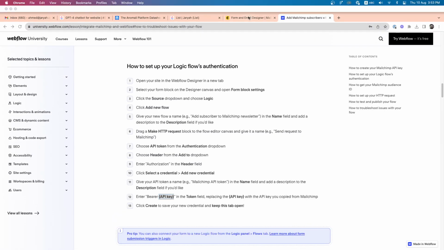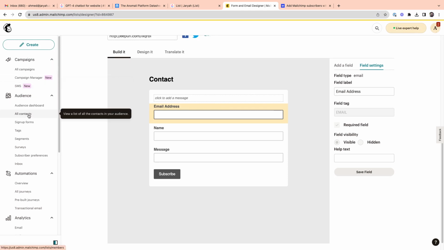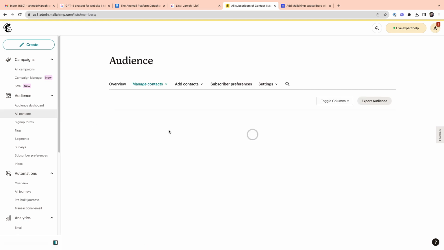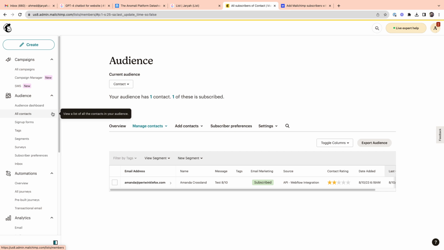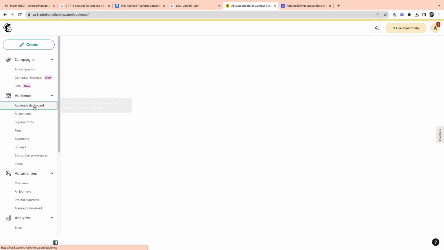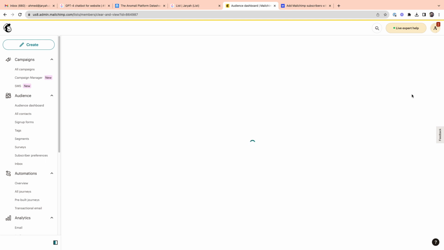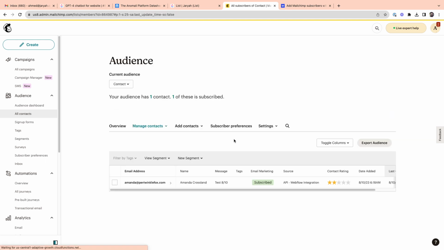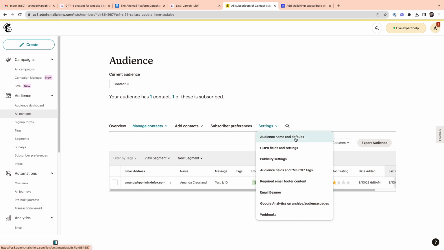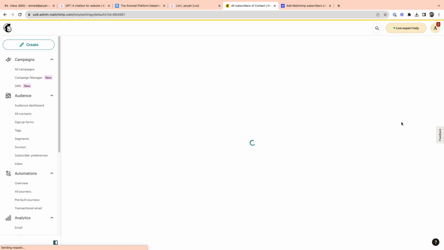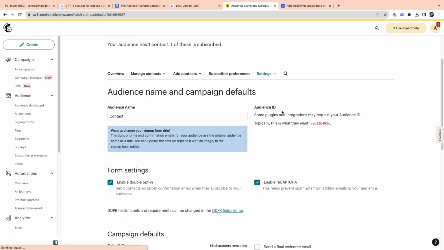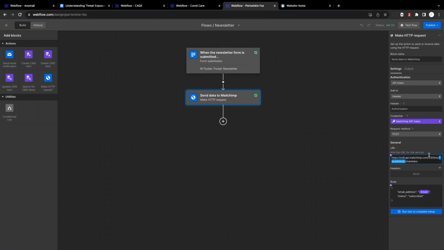So how can you get this? Go back to your contacts, and I think it's inside the audience dashboard. From here, let's go to view contacts. Let's go to the settings, audience name and defaults. Yeah, so there it is, the audience ID. So you just have to put the audience ID